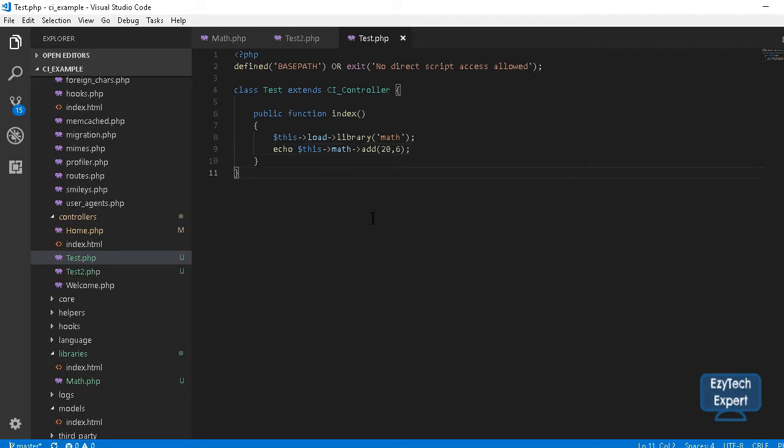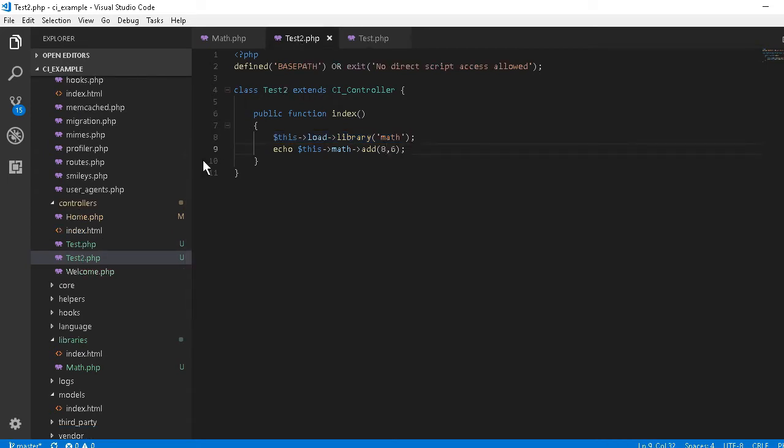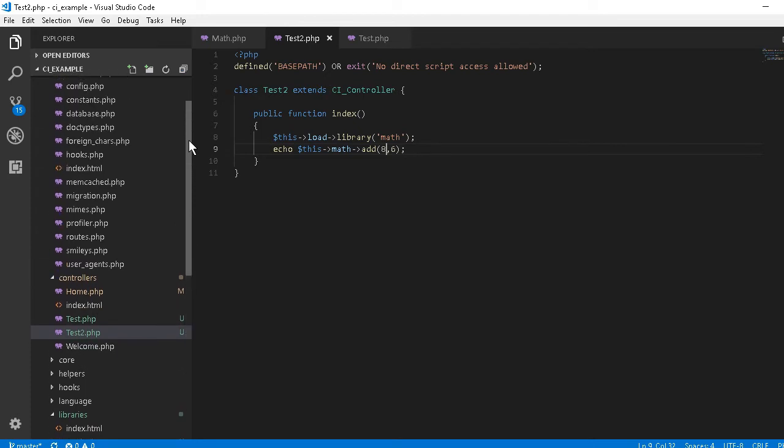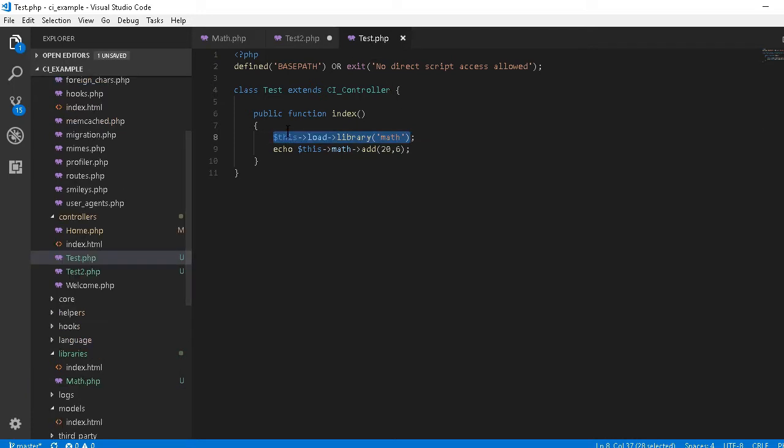So far we have been manually loading a library every time we need to use the library in our controller. So every time we have to include this line, this load library, and the name of our library. But there's a much more efficient way of doing this if we need to use this multiple times across many different controllers. So instead of having to write out this line every time we need to use the library, we can just remove it. Just remove both these lines from both our controllers